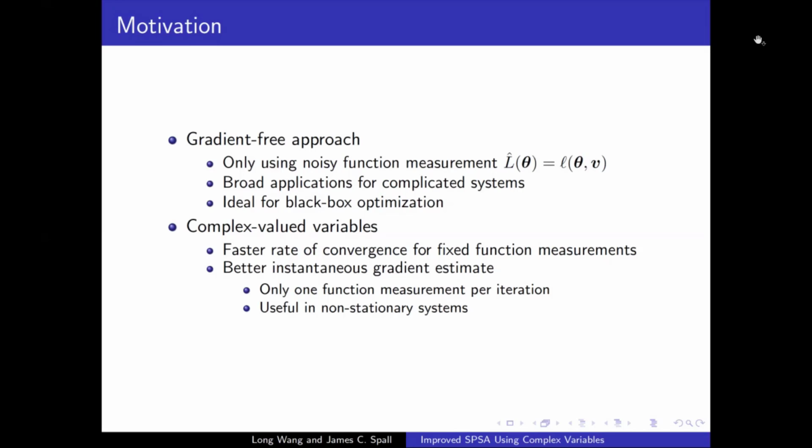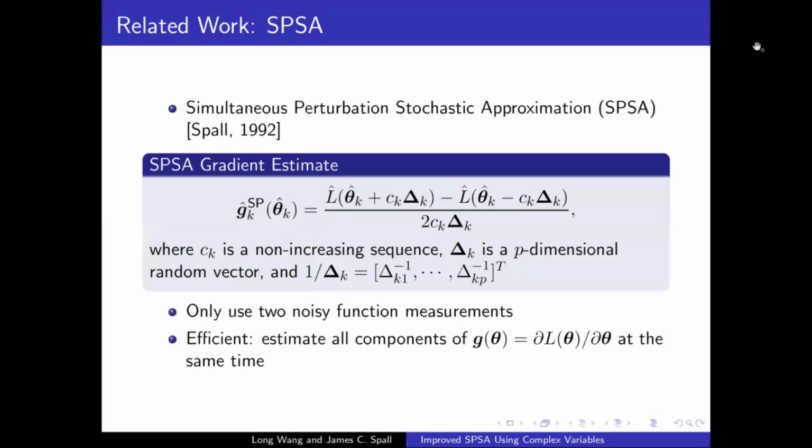Another part of our algorithm is that we use complex-valued variables, which we show, using this new approach, can actually give a faster rate of convergence than the traditional standard gradient-free approach. And also, what's unique here is we are able to estimate a gradient using just one function measurement. So this can help us have a better instantaneous gradient estimation, especially for non-stationary systems. Okay. Just a quick review of the